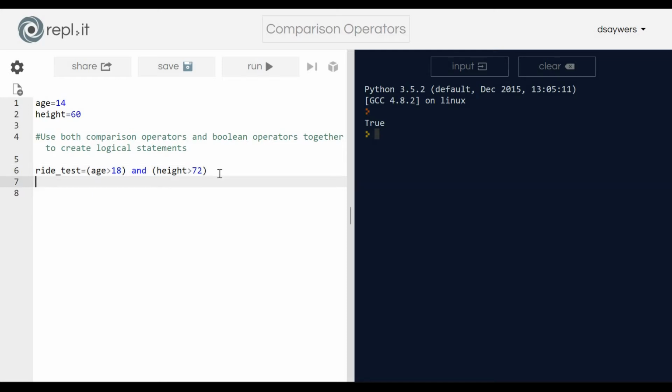So then I can go ahead and print ride test. If it is false, I know that they are not tall enough or old enough. So if I hit run, it's going to be false. Now, if I were to change these variables to be 72, let's say 73, so it would be greater than